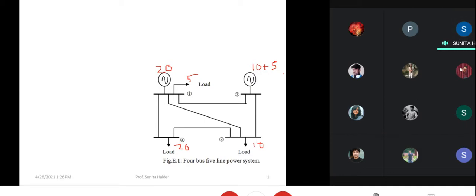Obviously no, because when this interconnection is done, there will be some line flows. For that, there will be some line loss. Who will supply that line loss? We have not taken care of that. We have not included that in the mathematical formulation. So we have to include that in the mathematical formulation. Here I have explained in terms of active power. The same thing will happen in terms of reactive power also. So some generation should supply this, either this or both of them.